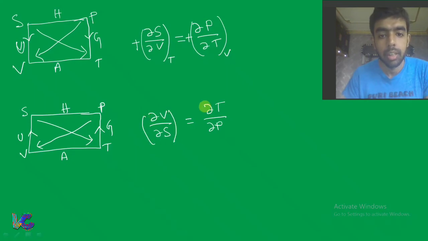I've said the sign is determined by the numerator. With respect to V, the arrow is coming closer to V, that means negative, and the arrow is coming from P, so the constant will be P. Now the sign will be determined by T. For T, the arrow is coming closer to T, that means minus, and the arrow is coming from S. So these are the two relations.